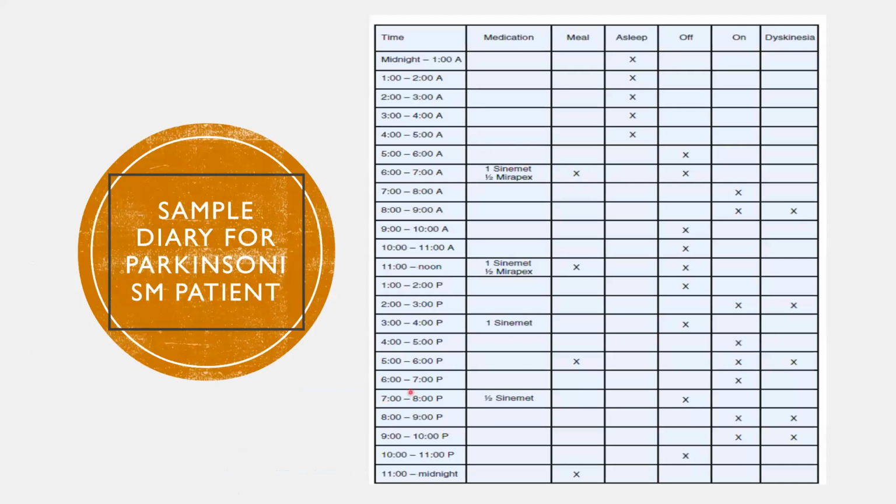So you need to give the Parkinson's diary. Every patient is to fill it in. In it, what all medications have been taken, what time the patient took meals, how is the sleep, what is the on duration, what is the off duration, whether the patient is having any dyskinesia or not. Because at home we cannot monitor. So if the patient is educated enough to fill these things, it would be better to monitor from the phone only.